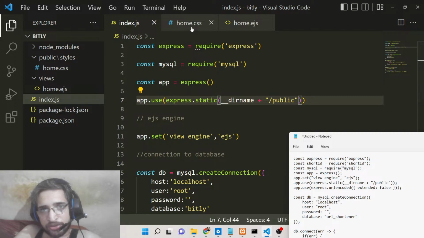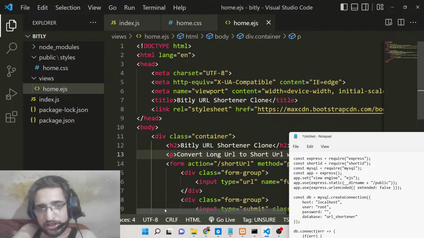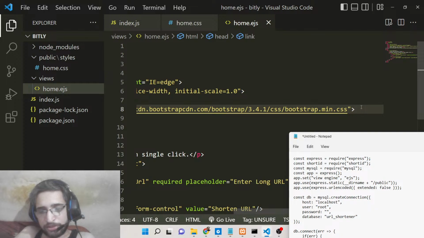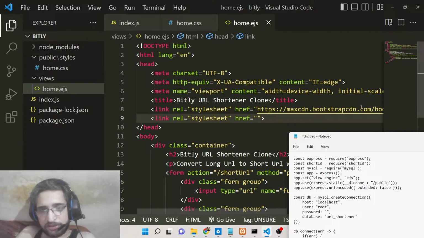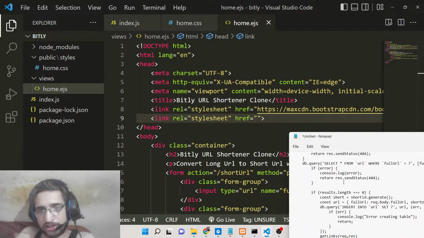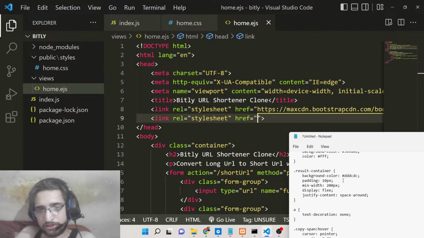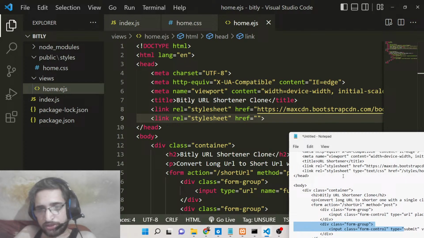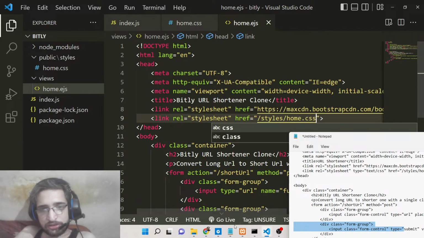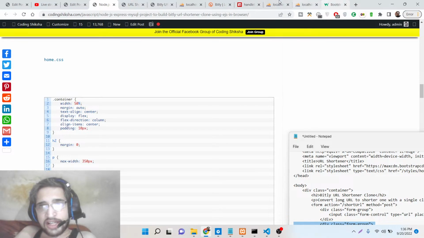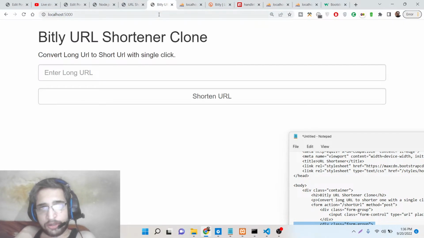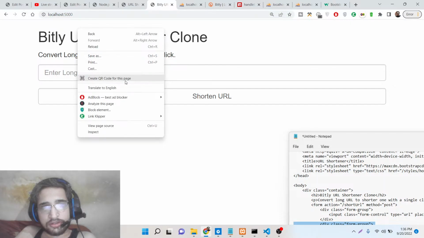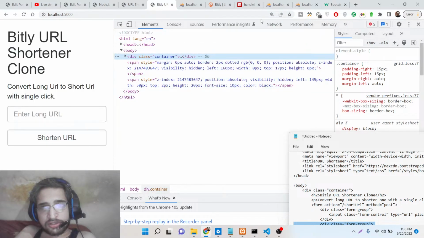So now we can include this CSS file inside this file here. What we can say is we can simply say link rel, and inside this we can include this file very easily. So right here at the very top we can say /styles/home.css, that's it. So if you apply this styling guys and refresh your application, now you will see, let me see, styles,